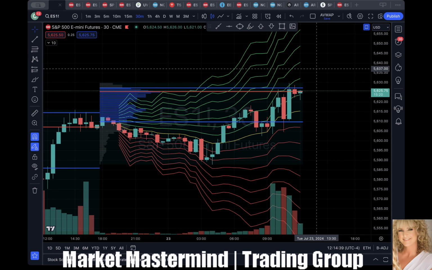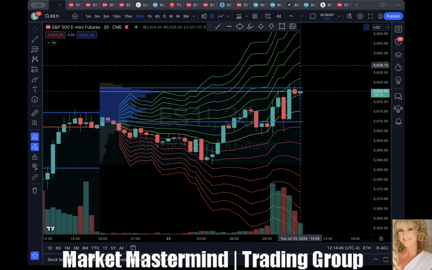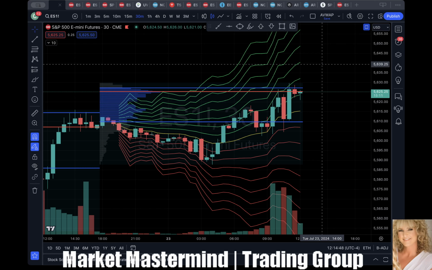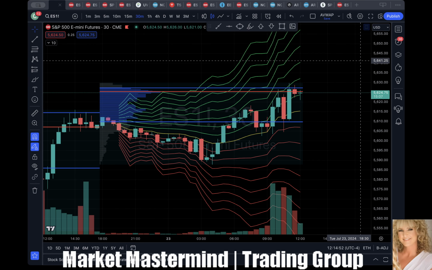So back to my point, if you're finding that your charts are too cluttered, you have too many lines, too many different things, I showed you how to turn the drawings off and on with the VRVP indicator. So you can do that, but I would actually heavily recommend that if you have the screen availability to have a chart like this up for